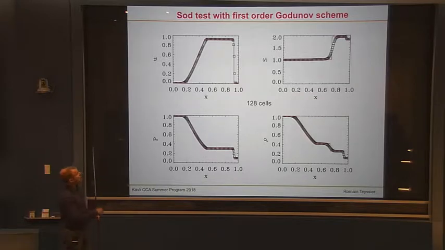So it's called the Sod test. It's basically a shock tube test. So you have a diaphragm at x equals half that separates two piecewise constant states, and then you let go at t equals 0, and you see a shock wave propagating to the right, a rarefaction wave propagating to the left, and a contact discontinuity in the middle. And then you can see basically all the key features of hydrodynamic flow and how they are captured by this numerical scheme.